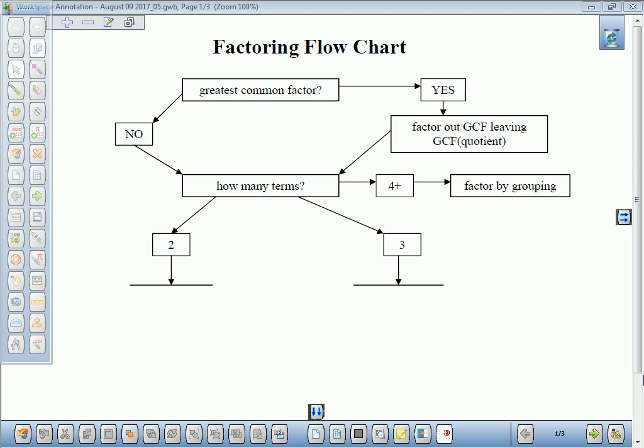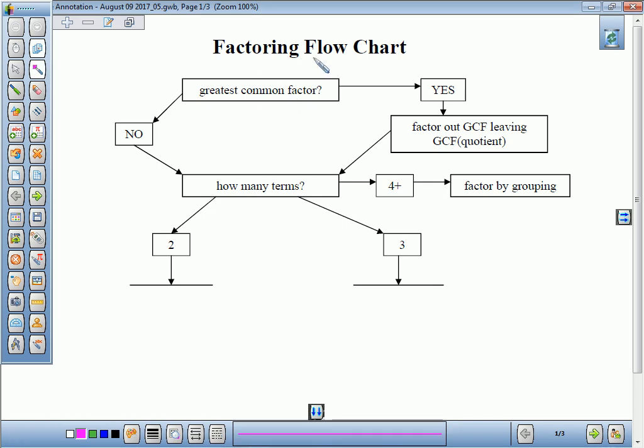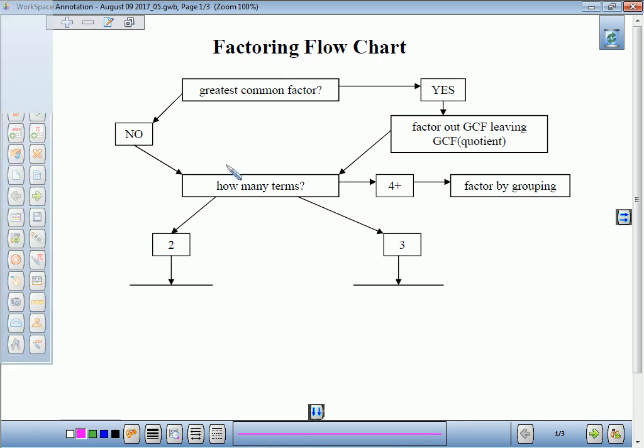We're going to do a quick review of factoring and your thought process as you're approaching a factoring problem. So we're starting off with a factoring flowchart here, and the first thing we come to is the greatest common factor. So anytime you're looking at an expression that you are trying to factor, you would try to determine if